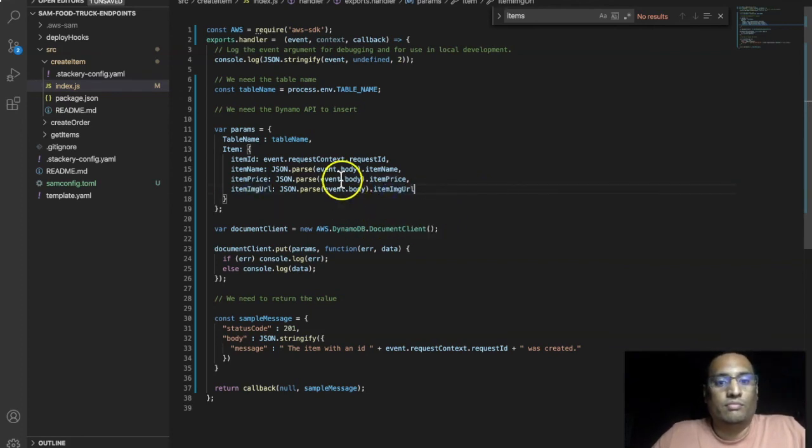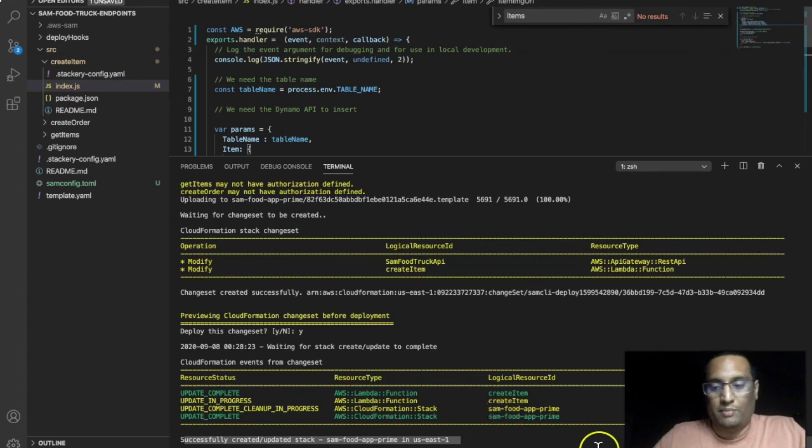So the event what we're going to send will be having a body, and the body will be having all these 3 variables in it as a JSON message. Let us go ahead and do the usual SAM build and deploy. We now see that the changes have moved.